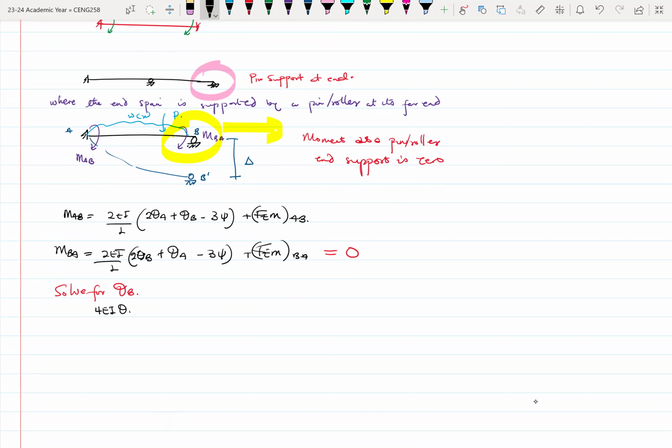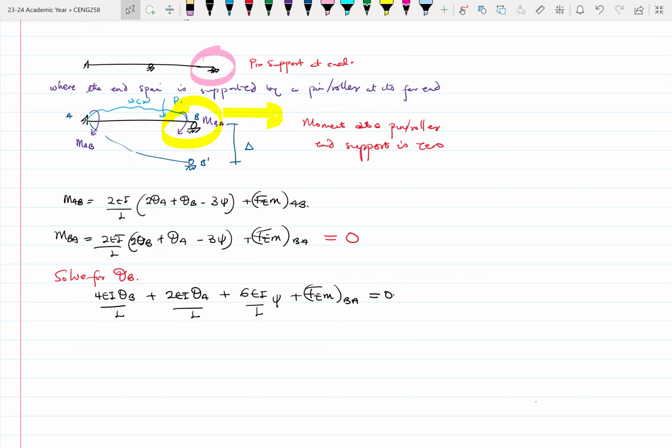4EI theta B over L plus 2EI theta A over L plus 6EI over L psi plus the fixed end moment BA being equal to 0. All right, great. So now let's make theta B the subject. So let's divide through,